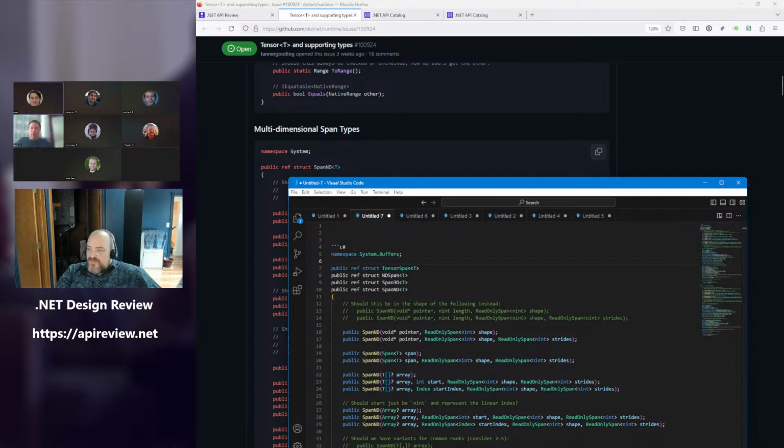It's still not clear to me what people's preferences are from here: tensor span, ND span, or span ND. So I'm going to put them in chat, and if people could give a thumbs up to their favorite one, maybe that will help give a clear disambiguation of which one is the favorite from FXDC here.